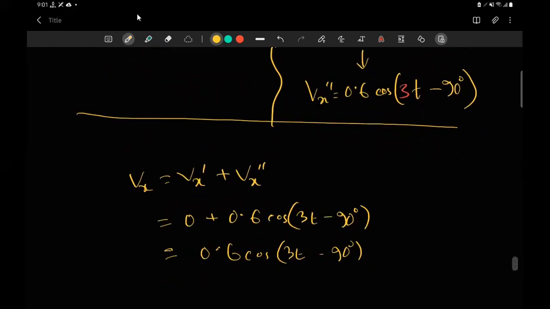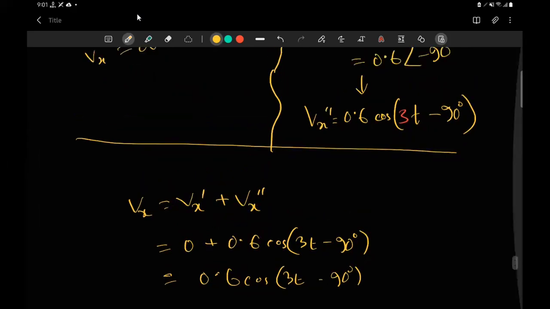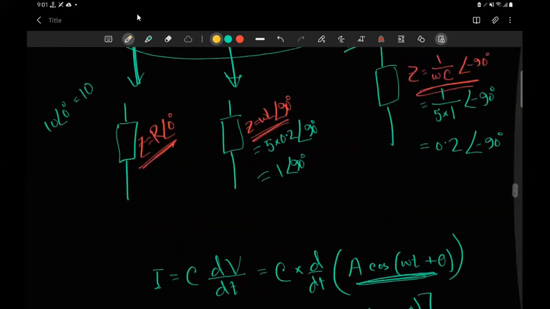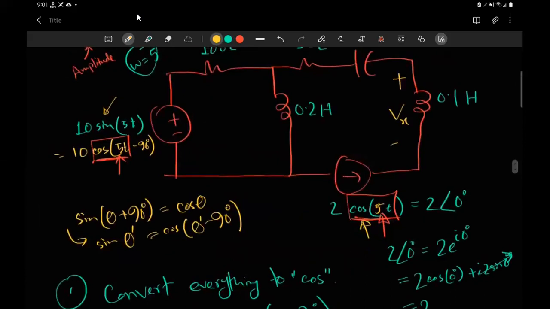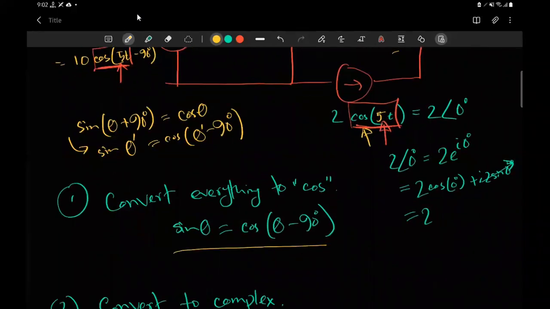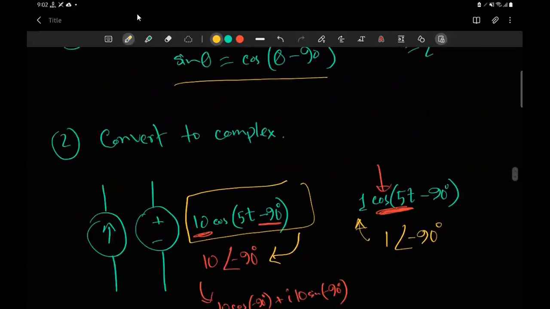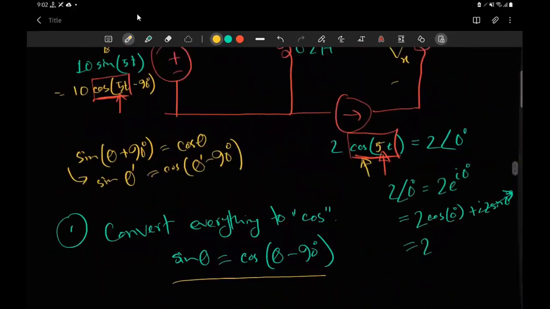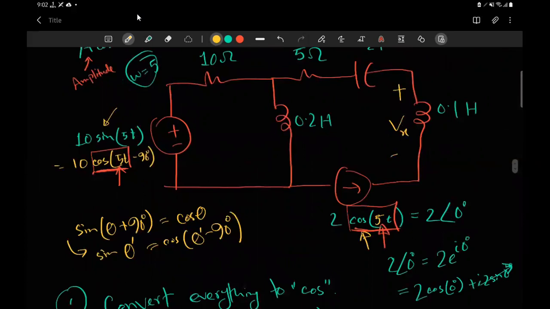Okay, so do you understand the flow of this problem? Basically, convert everything into cos. The first step is that if you have sine, convert it to cos using this formula. Okay, next what you do is find a conversion factor. If you have a conversion factor for the whole circuit, you will only have one conversion factor, cos 5t. If it doesn't match, so basically if you have different omegas, you will have to